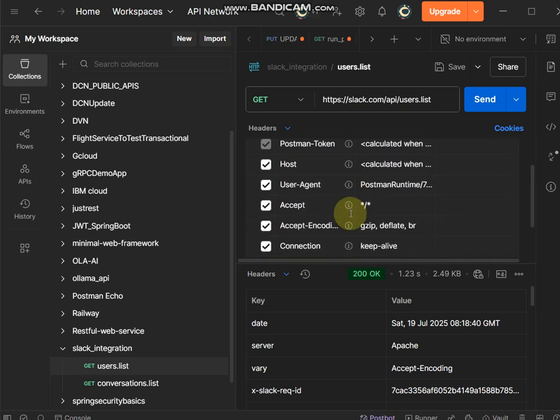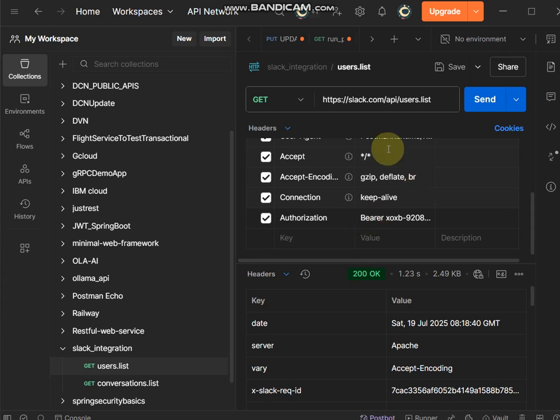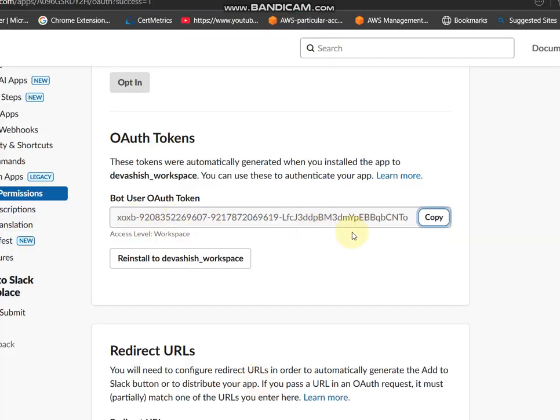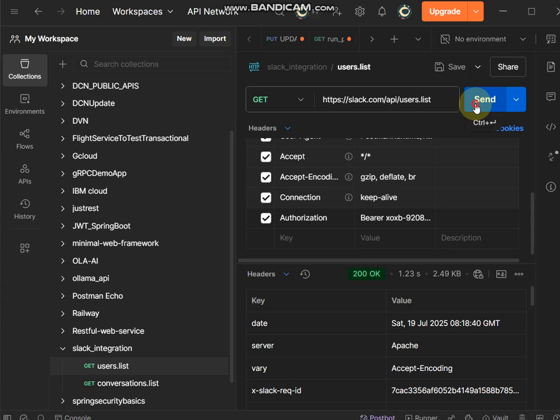Others were already added by Postman. So for authorization I have added bearer, and whatever I had generated previously, that token, not the one that I showed here in the app, the one we just generated. So this is not the one I'm using right now. I have already generated one previously from my first app. Using that I'm calling. So when I click on send,